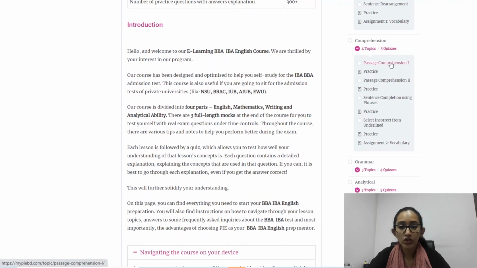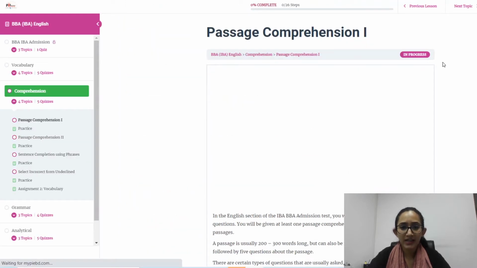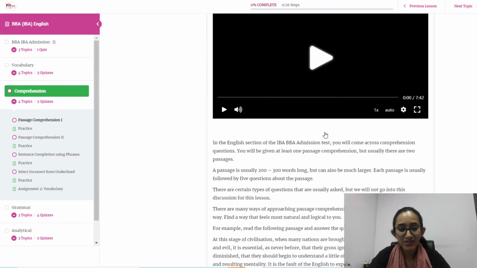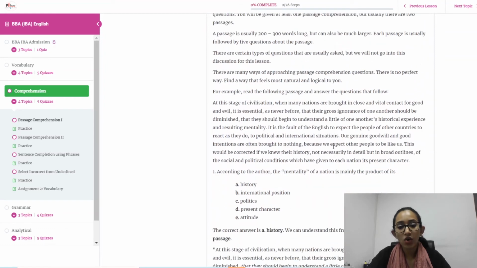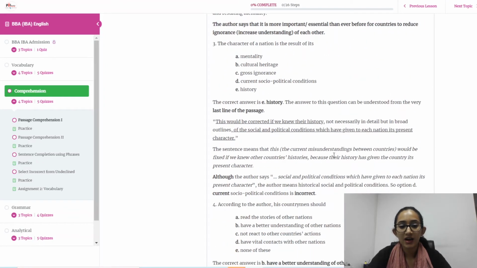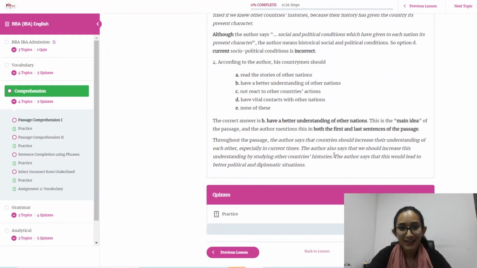Once you want to study a particular chapter, all you have to do is click on the particular topic, and it takes you to the page where you'll get the video for the particular lecture, and you will also get all of the lecture notes. As you can see here, all of this is the lecture sheet for studying this particular chapter.